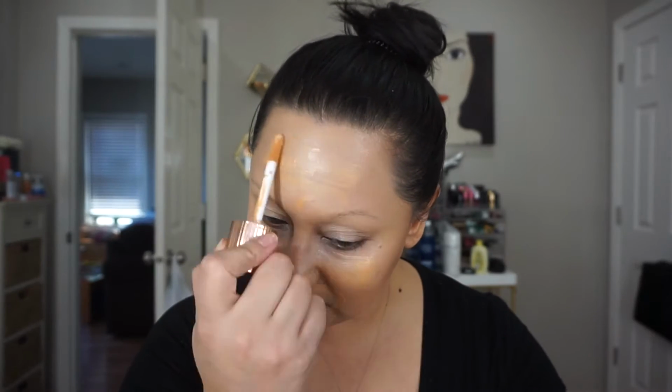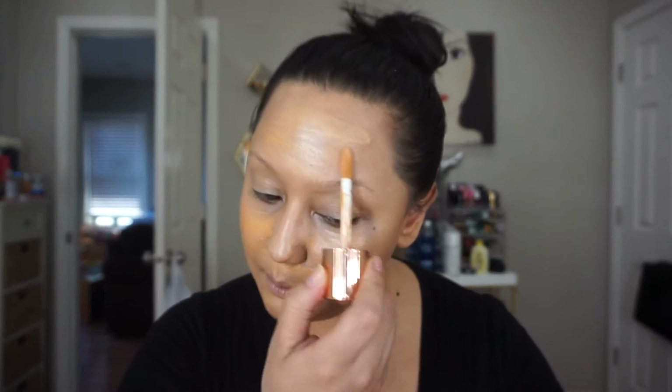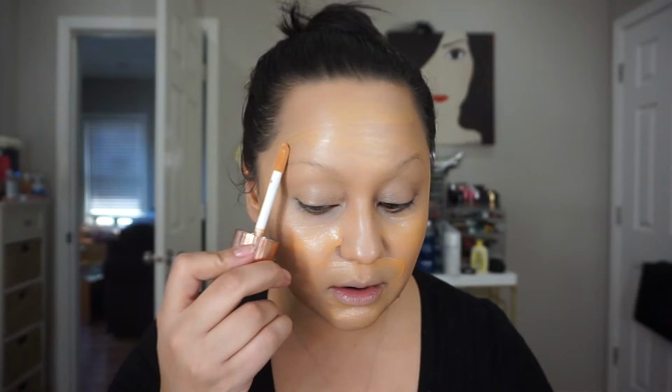So I feel like I need a little bit more of the 5 just to kind of take away some of that ashy look of the 4. When I first got these, I bought the 5 and I'm like, oh, it looks orange on my skin, like it's a little too dark, and I wasn't feeling it. So I'm like, oh, I'll get shade number 4,